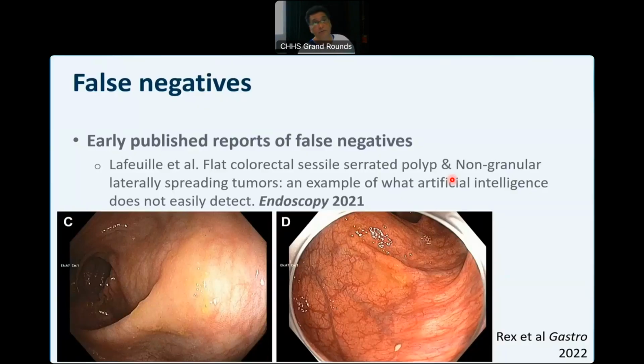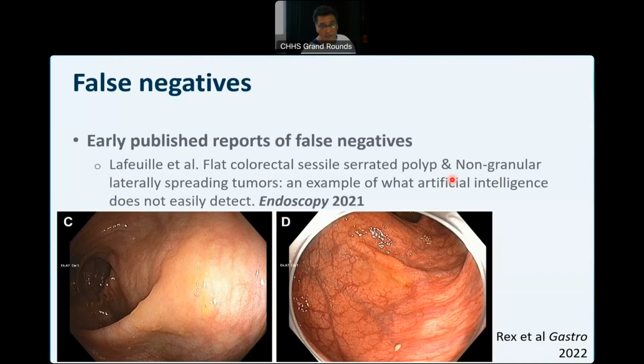So is it all good? I think it's also important to highlight, when you look at those 20 randomized controlled trials, that they all come from expert centers. And if you dig deep, if you listen to any of their presentations, every single lead author has a conflict of interest to some degree. I'm not saying the data is not accurate, but all of those trials come from centers where the AI machines have been put in by various companies. But what happens in real life, or in more real-life studies?